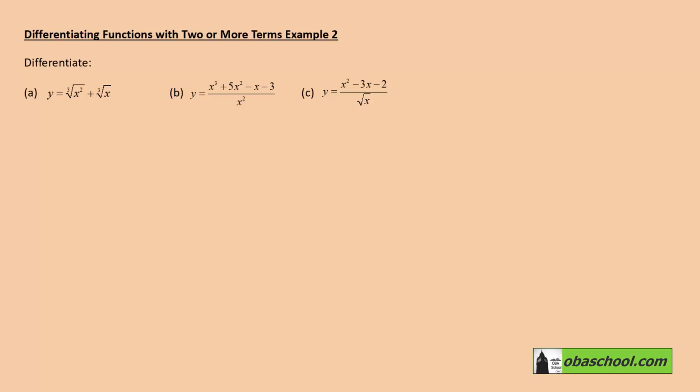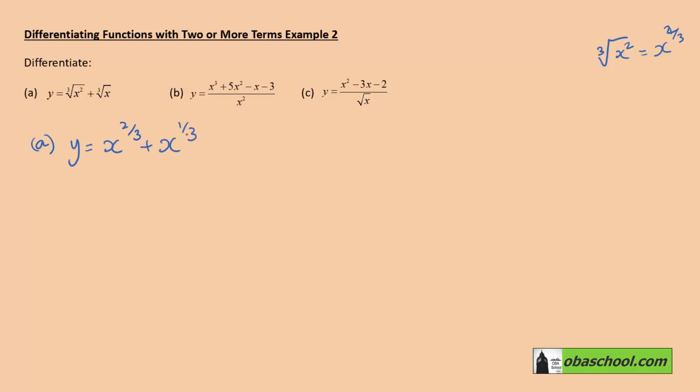We want to differentiate the following. Now for part A, what we need to do here is use our knowledge of indices. The cube root of x is x to the 1/3. But here we've got the cube root of x squared, so that's x to the 2/3. So we've got x to the 2/3, and then the cube root of x, which we've already discussed, which is